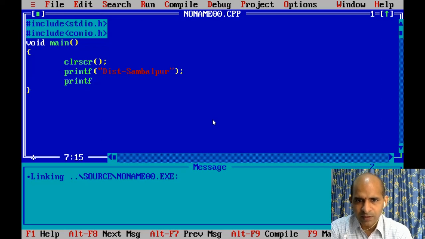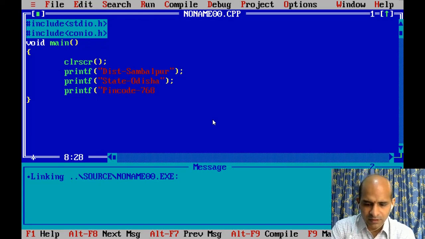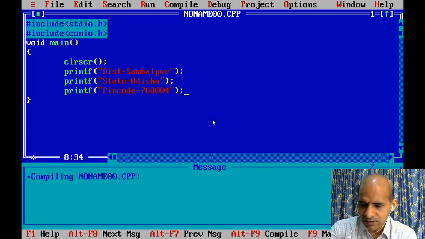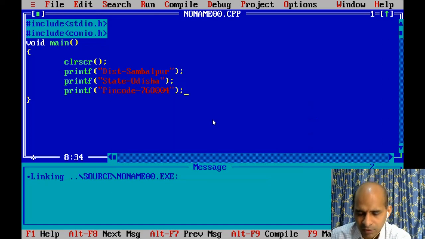Now printf state as Odisha, and the pin code as whatever I have given, 768004. So now compile the program, Alt F9, success, press Ctrl F9. Now you are getting the answer.